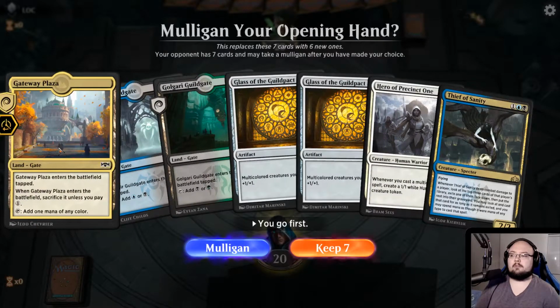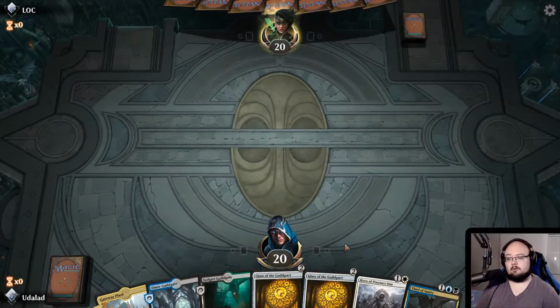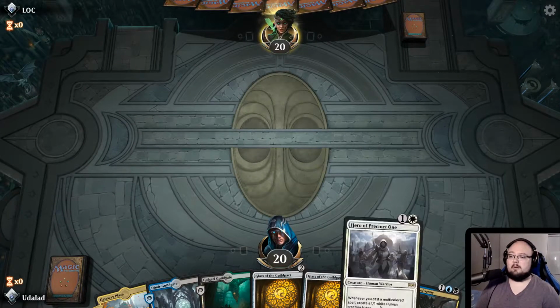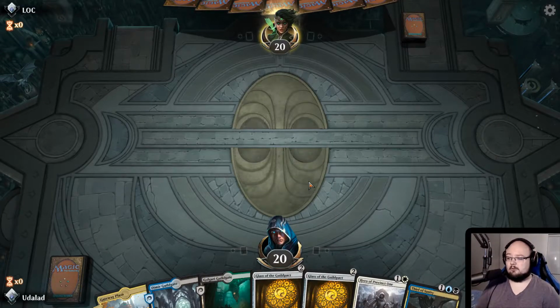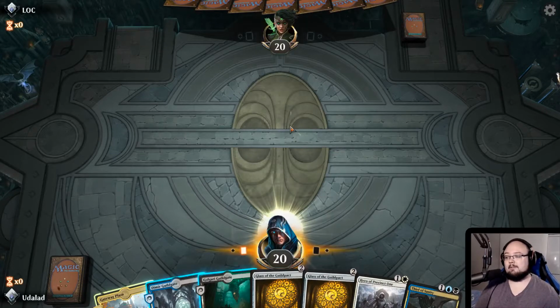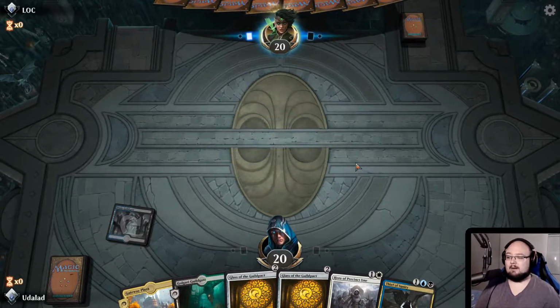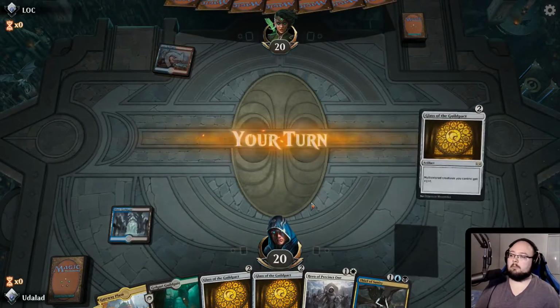This is an okay hand. I think this might turn out kind of good. The problem is we have Hero Precinct 1, which doesn't do anything with Glass of the Guildpact, so there's literally no point in casting Glass of the Guildpact early on. But other than that, I think this might turn out well, because we have Thief of Sanity, and we'll probably pull into some...